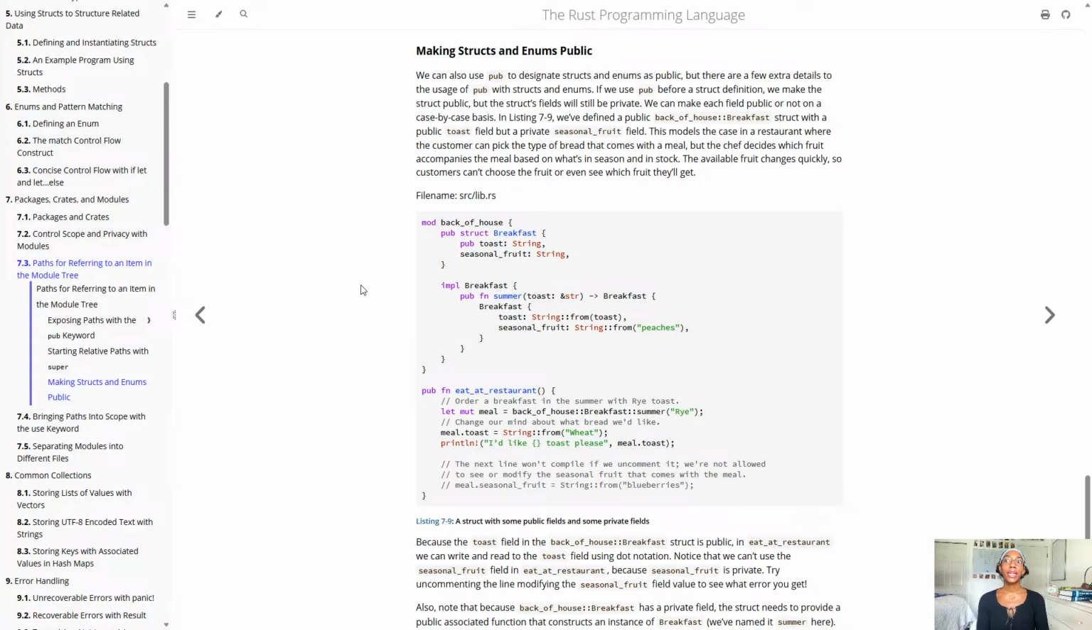Alright, so making structs and enums public. Now, we can also use pub to designate structs and enums as public, but there are a few extra details to the use of pub with structs and enums. Now, if we use pub before a struct definition, we make the struct public, but the struct's fields will still be private. We can make each field public or not on a case-by-case basis. In Listing 7-9,